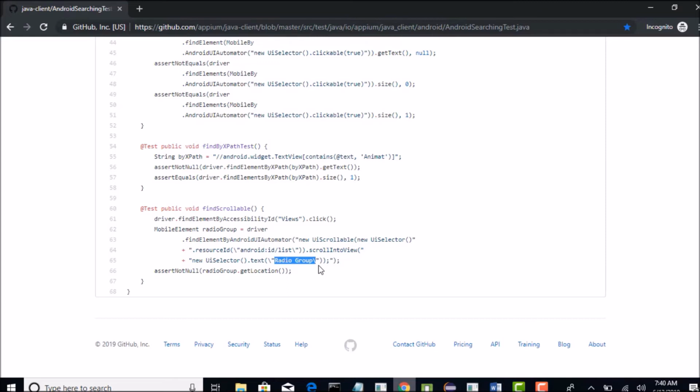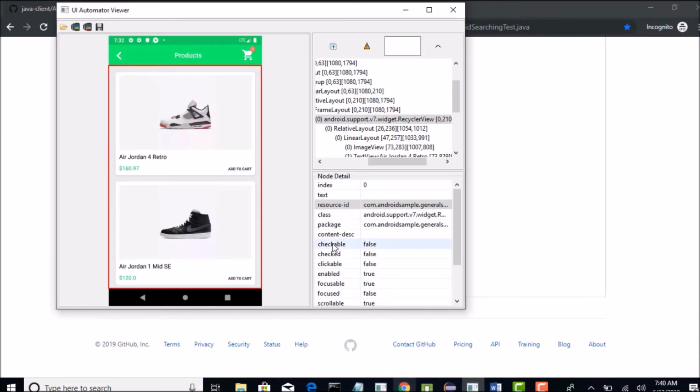When it scrolls to Jordan 6 rings, it will make sure that the particular product displayed in the list is completely displayed. It will not display partially, because we are giving a hint to Appium that the list is nothing but a list of products and I am moving to one specific product. So make sure you display the product completely in that list.